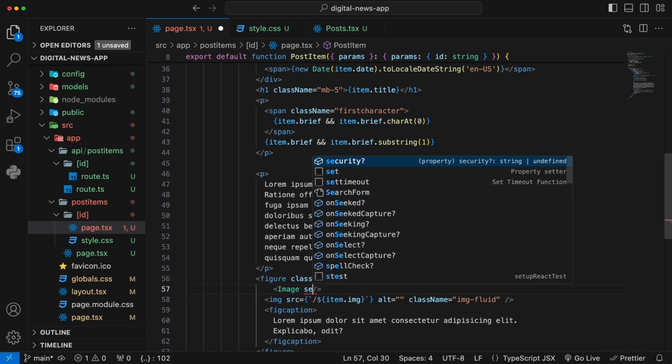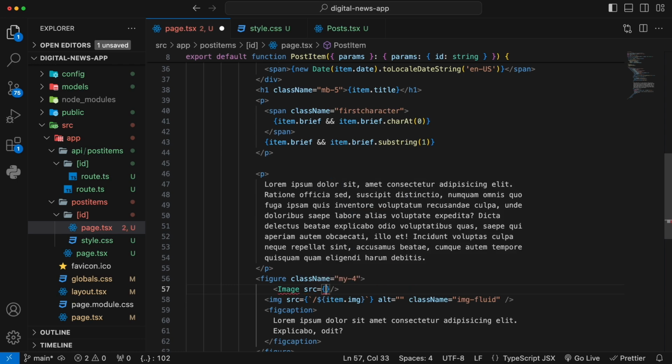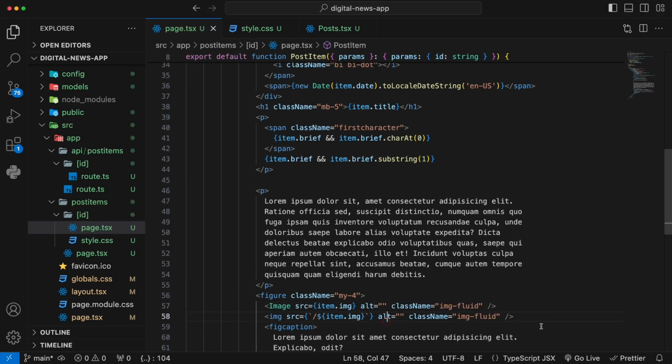And we're just going to give a source. The source is going to be item.image, and also give a class name, image fluid. Okay, something like so. And now if we temporarily comment out our current image, and then if you're going back,